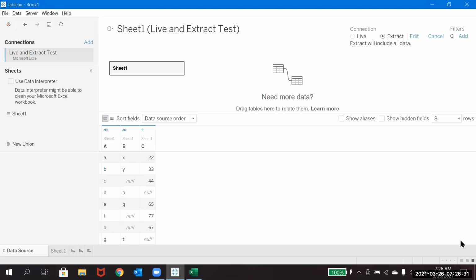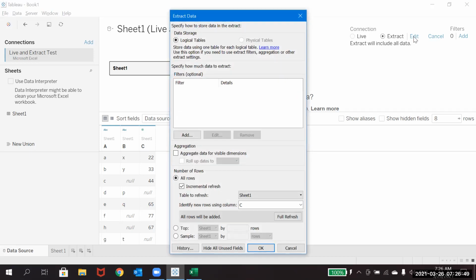See, here this will do a full refresh. It will do the complete data set refresh. Majorly, you will not observe much difference between the full refresh and incremental refresh. What it will normally do is, if any new rows are coming into the data set, it will identify and show you. But when it comes to full refresh, it will completely refresh the data.